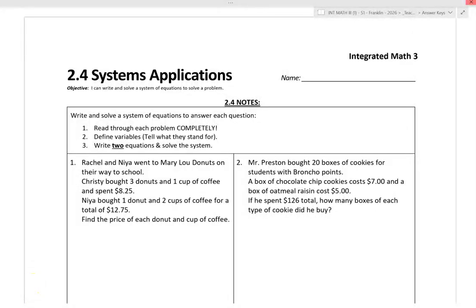All right, continuing our work with systems, today we're going to look at applications of systems of equations. So how can we use a system of equations to represent and solve a real world problem? And so the way you want to do these is first make sure you read through each problem completely,